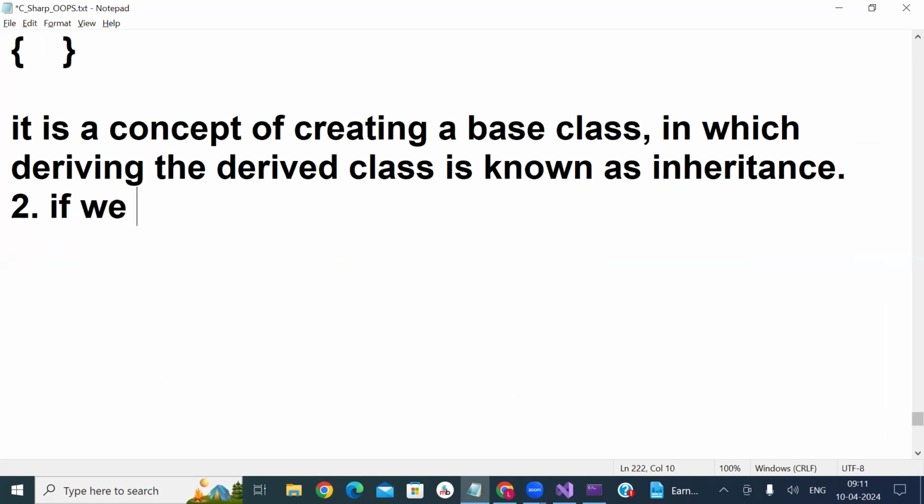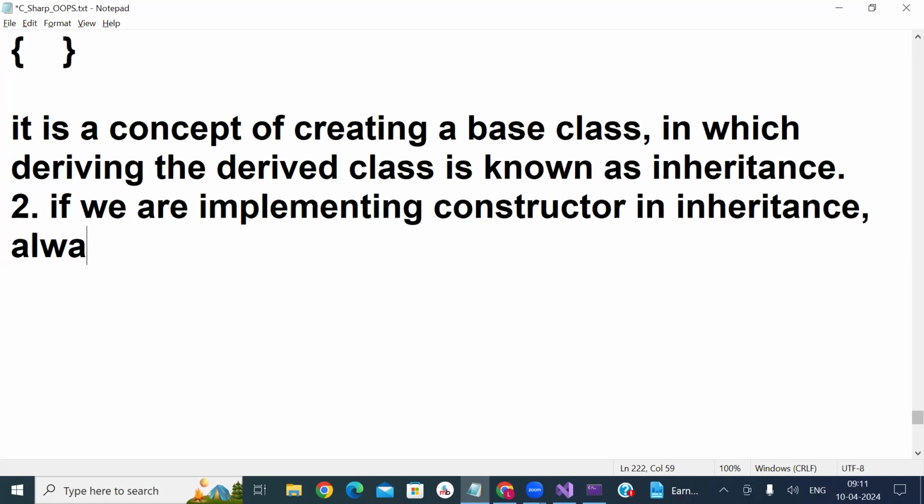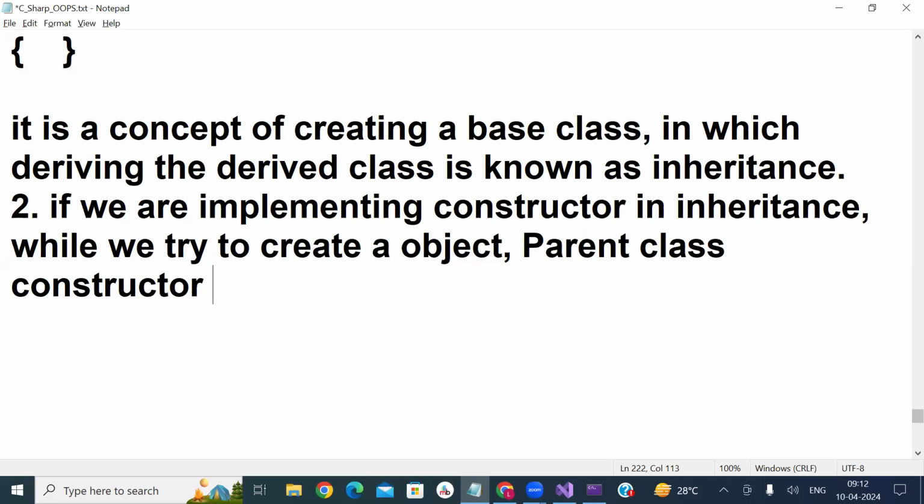If we are implementing a constructor in inheritance, while we try to create an object, the parent class constructor will be executed first.